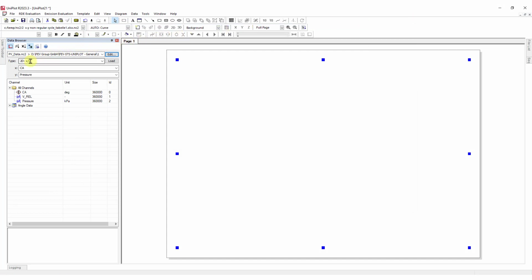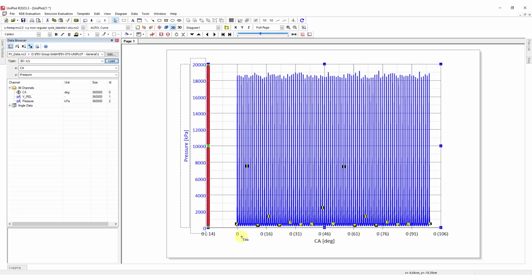If I plot a 2D XY crank angle and pressure diagram, you will see that the axis is a bit different from what you know. We have the crank angle information and another information between parentheses which corresponds to the cycle number. So here we can see that we have approximately 100 cycles. If I zoom in,